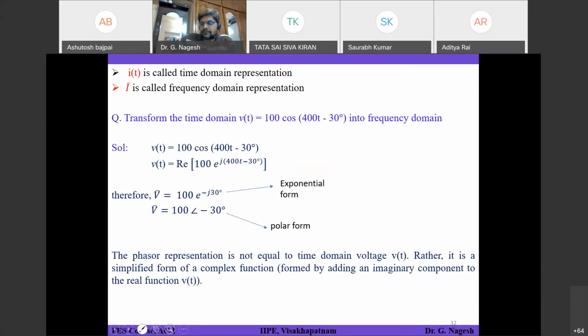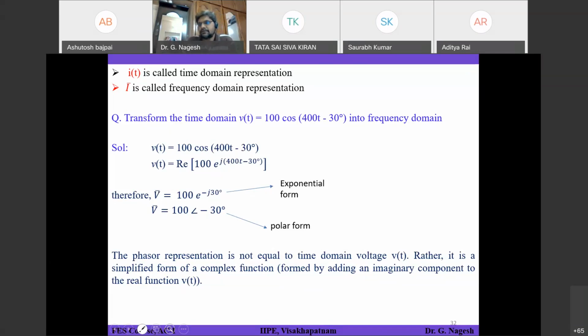When the source has a specific frequency, all the currents or voltages flowing in your circuit will have the same frequency. So we are simply not showing those in your equation. That omega remains as it is in the circuit. Since it lacks significance, we are leaving it, sir. No, it is present. It will be given to you whenever you are asked to do some circuit analysis. Omega should be known to you. They will give that information. For a simplified representation, we are writing it this way, only to simplify our analysis process or writing.